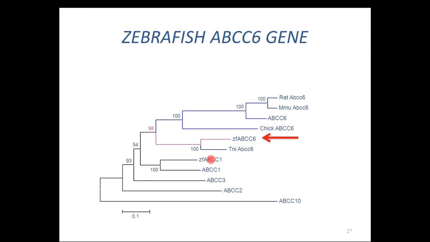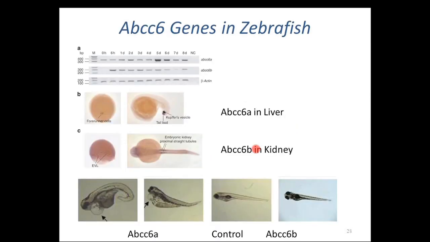And so this provided to us quite convincing evidence that this gene, which we had named ABCC6 in the fish, was really the fish version of the human gene responsible for PXE. Now the story got a little more interesting. From further digging, we found that there were actually two ABCC6 genes in the fish, and we labeled them A